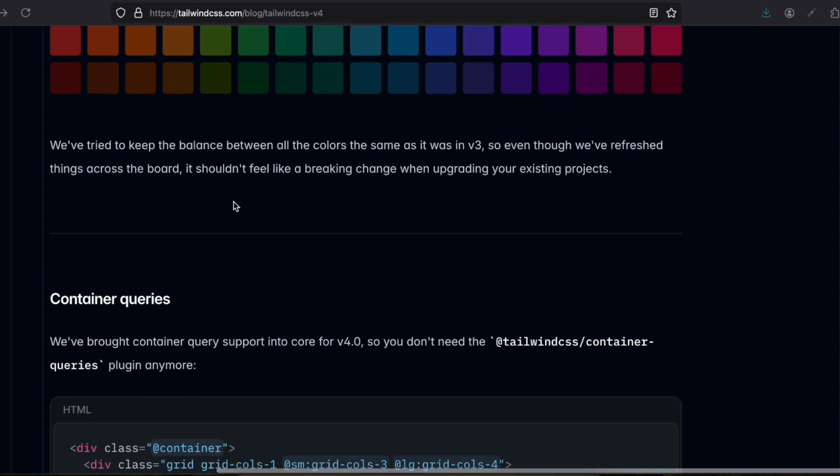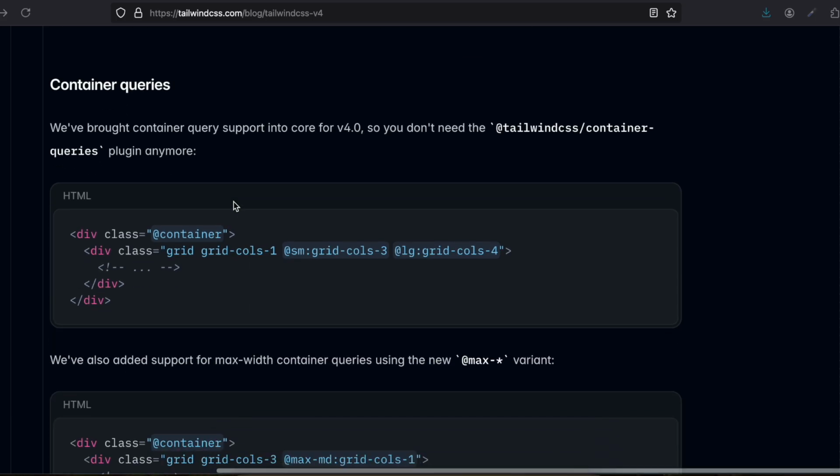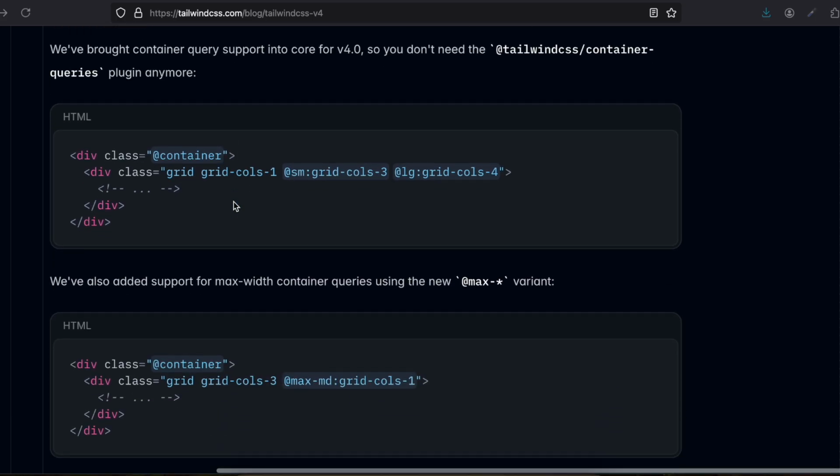We have tried to keep the balance between all the colors the same as it was in version 3, so even though we have refreshed things across the board, it shouldn't feel like a breaking change when you are upgrading your existing project. Container queries: we have brought container query support into the core for version 4, so you don't